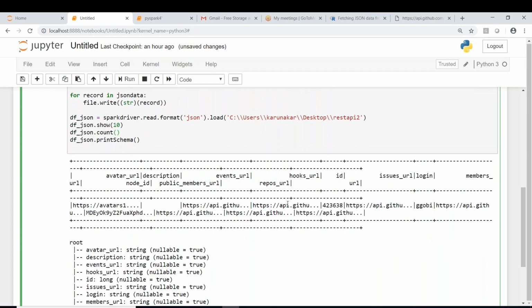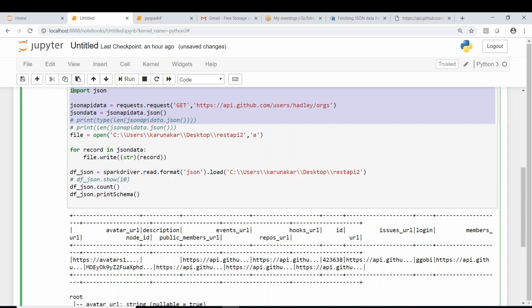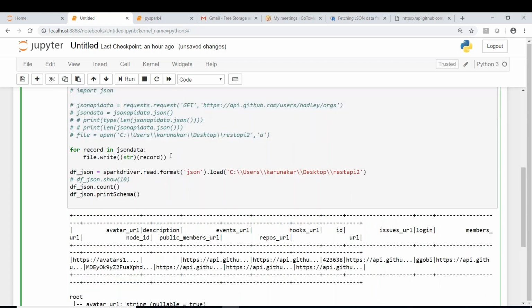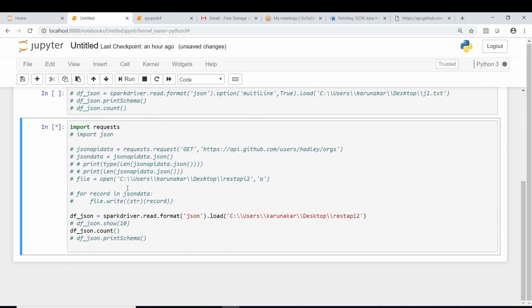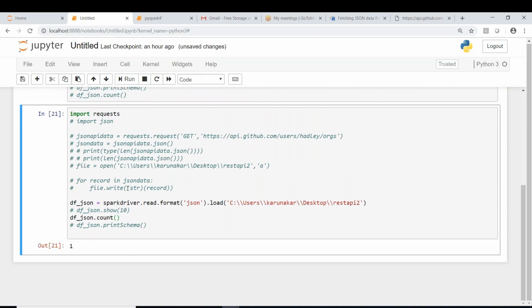Let me comment all this stuff, because the data is already in the file, so there is no need of this now. Directly we shall read that file and count the number of records in it. How many records must be there now? 10 has to be there. How many do we have? Only one. That is the problem. It's showing only one record, not all the records.